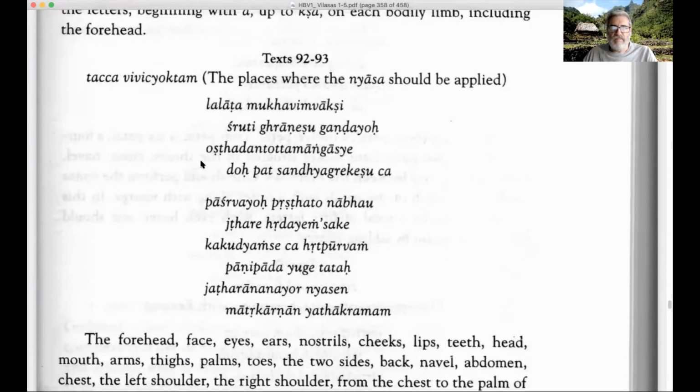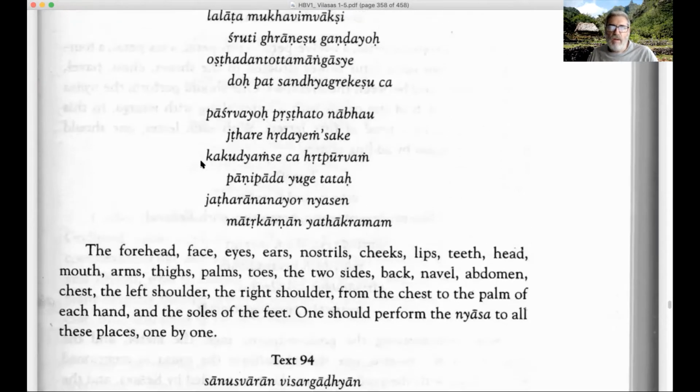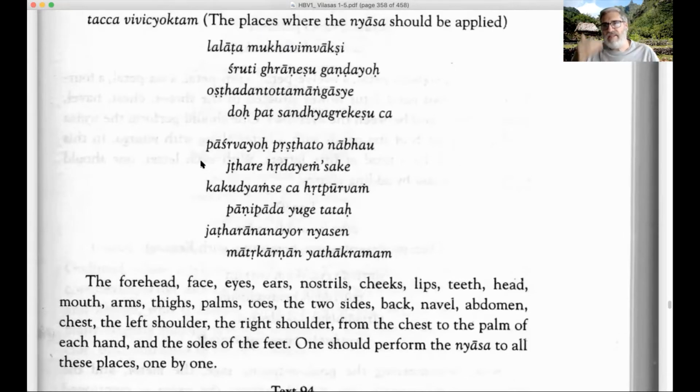We'll explain how to exactly do this in a minute. So first of all, let's look at the slokas of Hari Bhakti Vilasa. Text 92 and 93 explain the places where the nyasa is to be applied. Now, when we're touching different parts of the body and saying the mantras, some of these places are below the waist. What we do is we just take the 4 fingers of the right hand, unless otherwise stated, near to the place that is indicated and say the mantra.